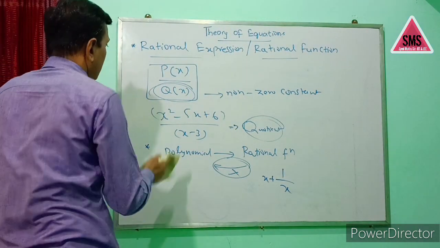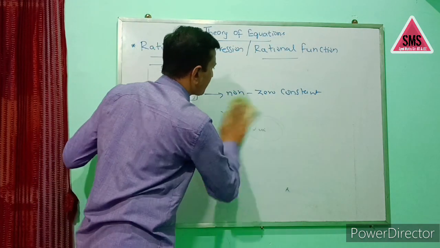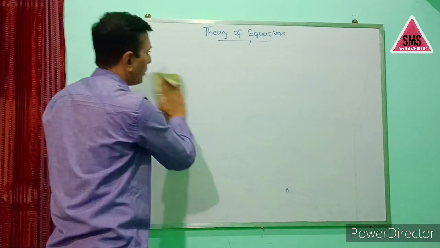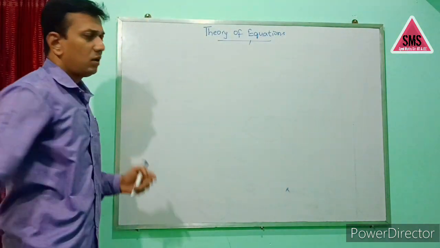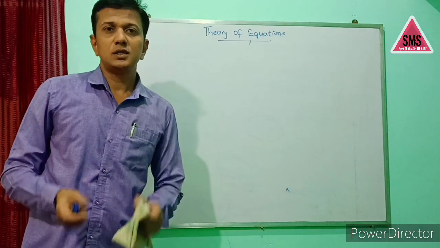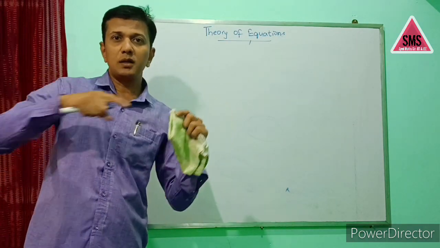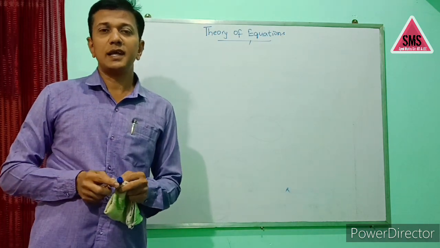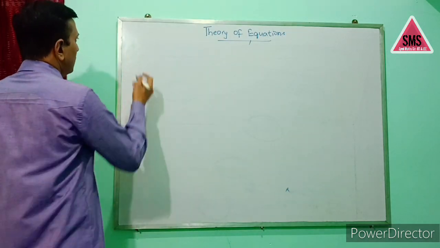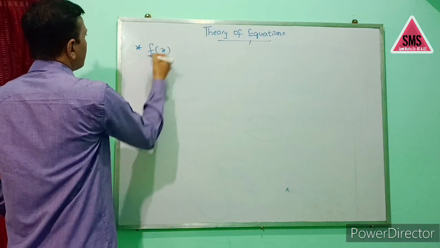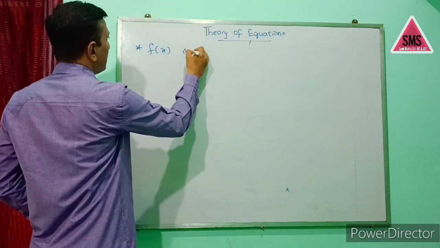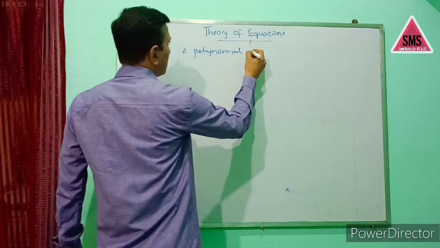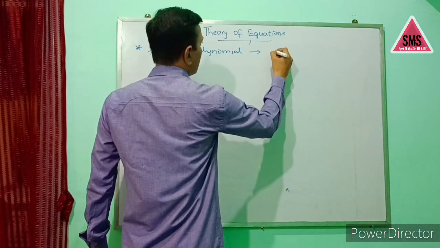The next one is the degree of a polynomial. What is the meaning of the degree of a polynomial? We know very well what a degree is. Whenever you take the terms, among the terms whichever has the highest power, based on that we can consider the degree of the polynomial. Same thing here also. So if f of x is a polynomial where it is having the degree as,